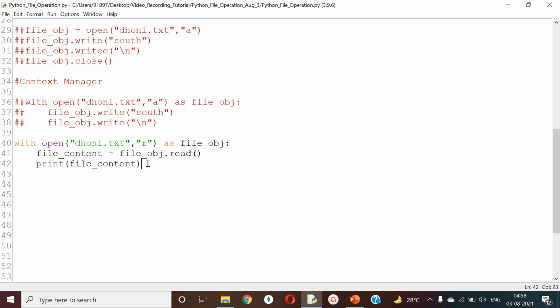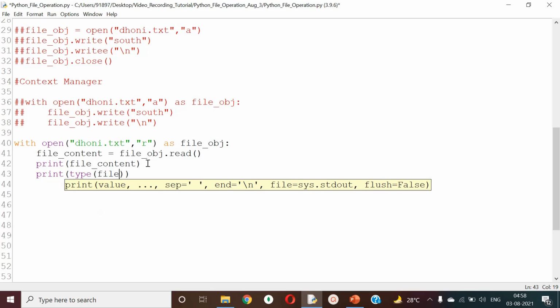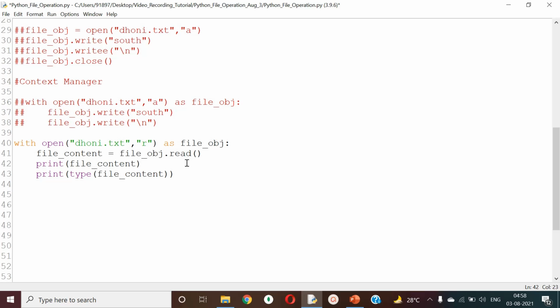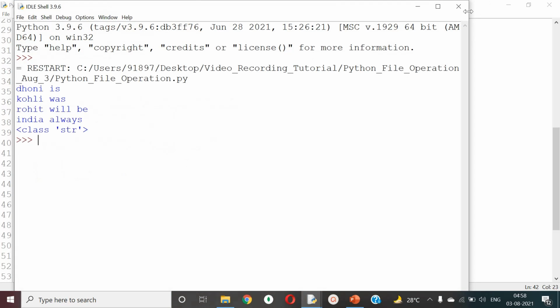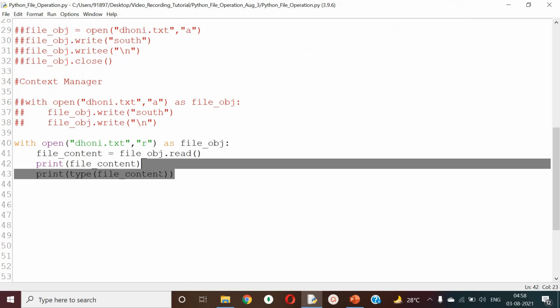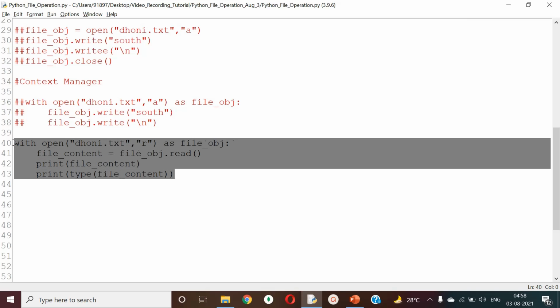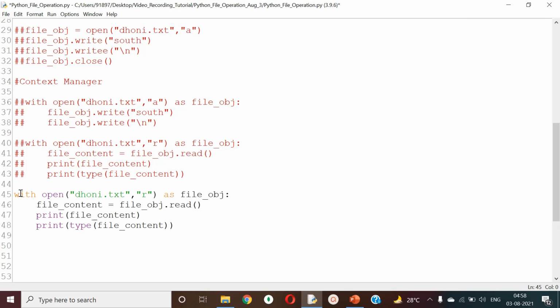If you have a doubt, you can do what? As usual, type check that. When you do the type check, it returns the output: it said string.